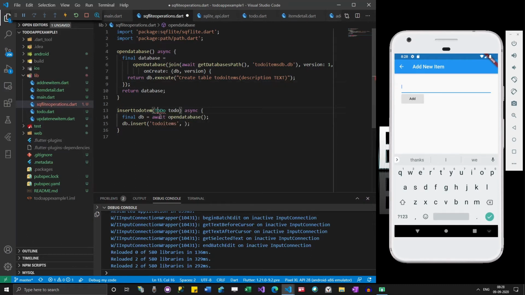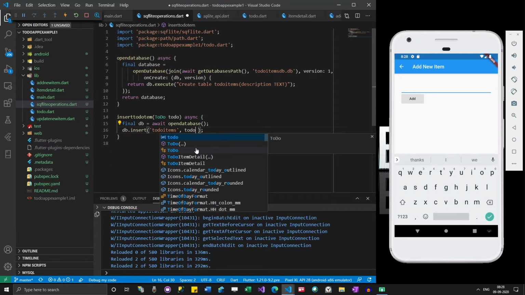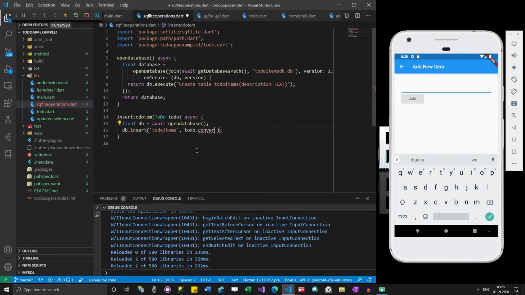Okay, so I'll make this class accessible here, and I have to do something like convert to table values.